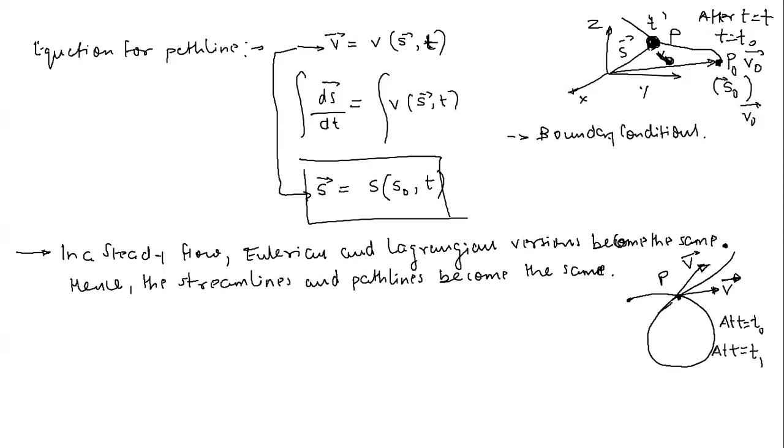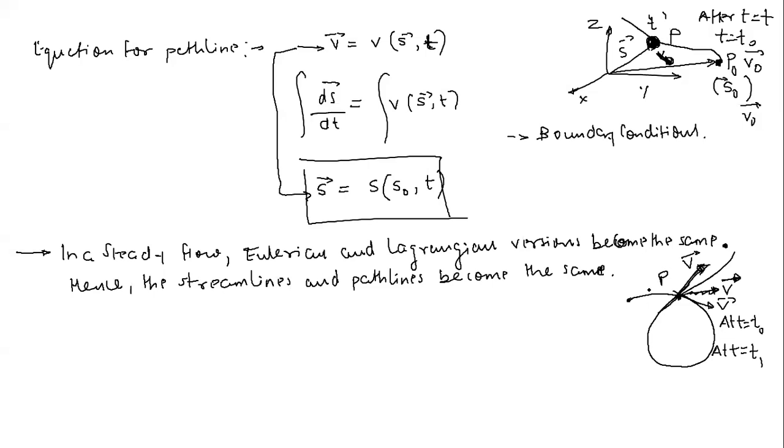Okay, so now the tangent is here at time t equal to t0, and at time t equal to t1, the tangent was here. Now you know that the velocity vector is not going to change with respect to time. But what happened is that when it reached this point, the magnitude remained the same, but the direction changed. That means you cannot have two directions at a particular point in a steady flow, right? So now the streamlines and path lines are becoming the same, right?